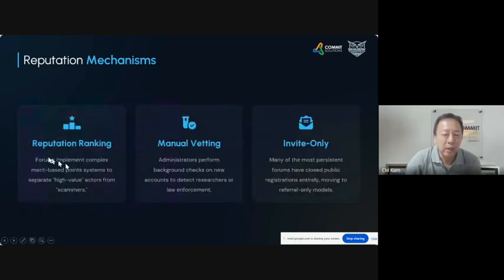So what they really do is they check for reputation ranking. As I mentioned before, they kind of have a point system. They give you certain points for what kind of actor you are, in terms of what you have done, what kind of previous so-called jobs you have done, right? In some cases, the administrator actually vets this individual and sees their credentials, whether they are real or not, and things like that. And as I mentioned before, it's only by invite. You can't say, I want to join. It's not like Facebook, right? You can request to join, but nobody's going to allow you in because it's purely by invitation only.